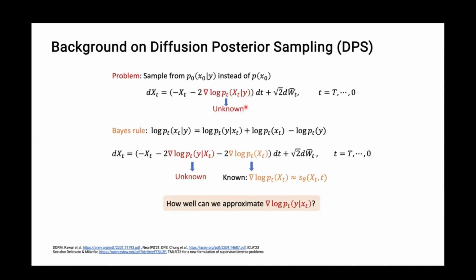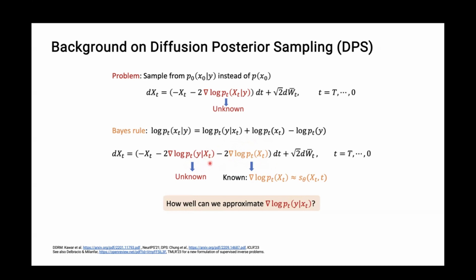The problem is, of course, I don't have access to this conditional score. I have access to the usual score, but in standard probability, you can use something called Bayes' rule and decompose it into two parts. The two parts roughly mean the following. When I take every step back from a noisy image to a less noisy image, the direction in which I should go should depend on how images look, which is what the score function is capturing. And the second thing is this following term, which says,